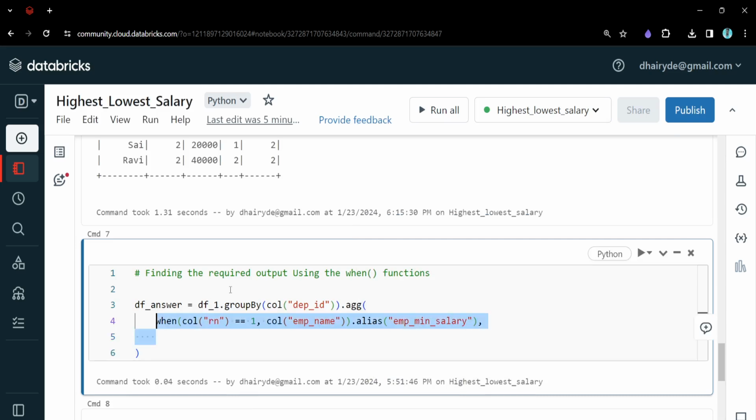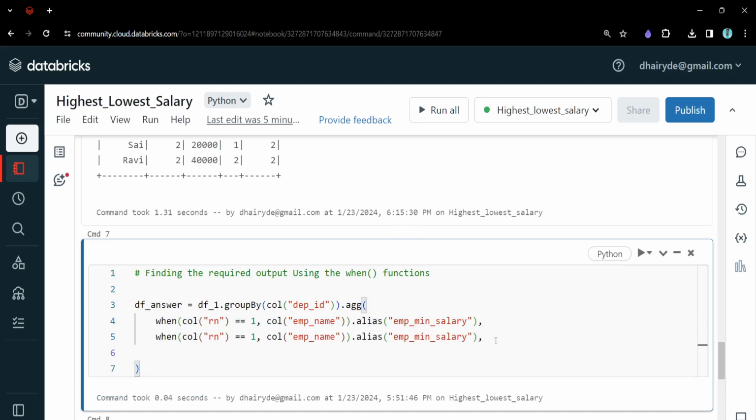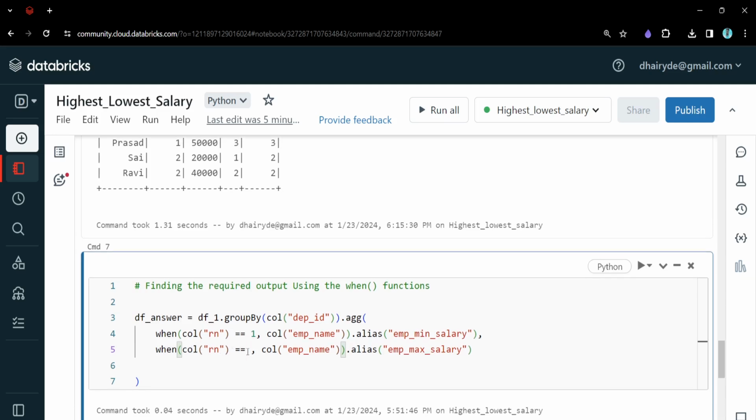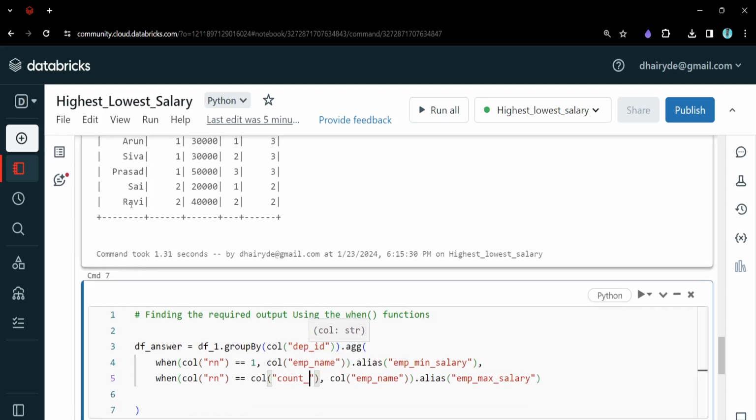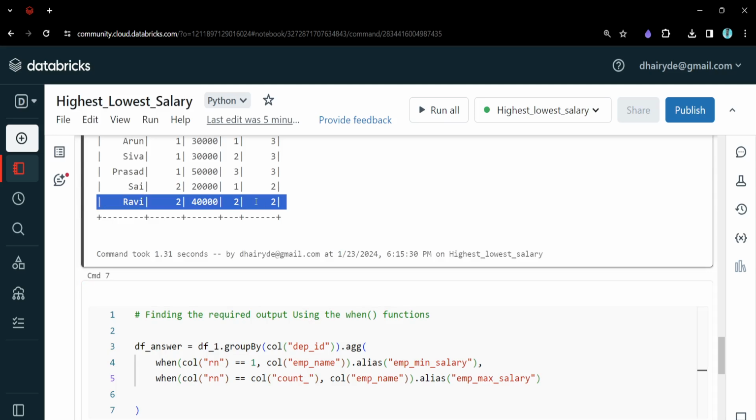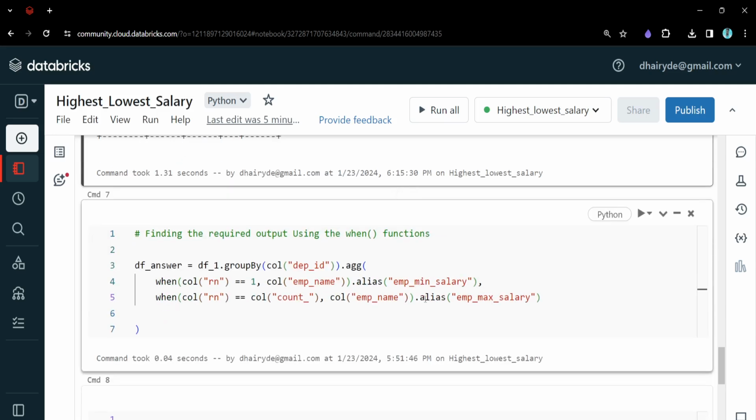So this is done, and we can write one more when statement. Let me write over here the maximum employee, max salary. How we can write it? We just need to write if column rn is equal to column count, right? So whenever these two are the same, if you can see here, this is the maximum salary, and the other one is the minimum salary. And